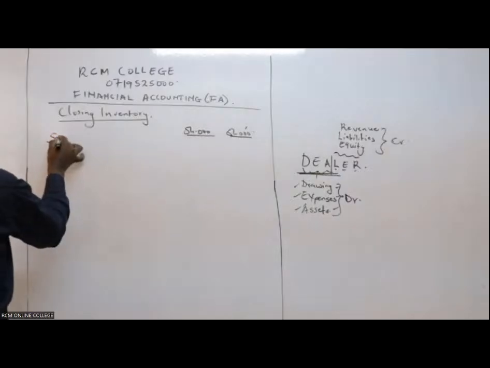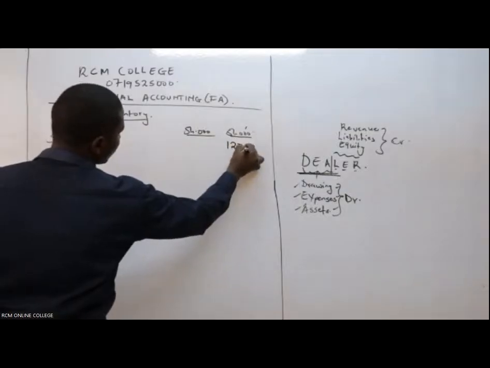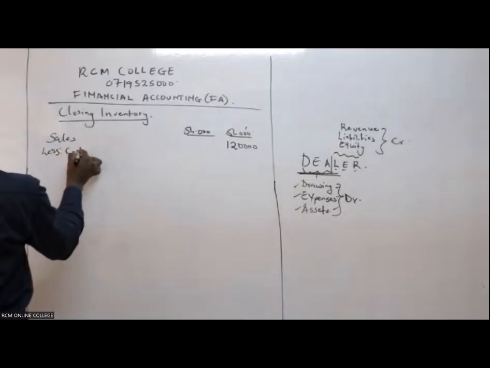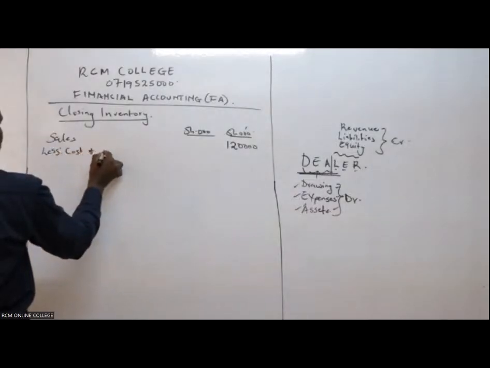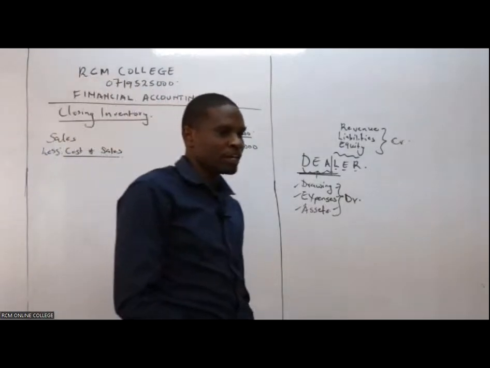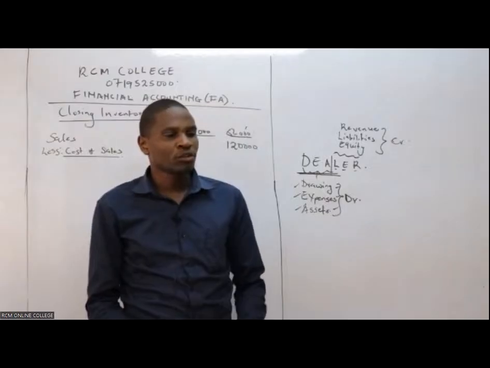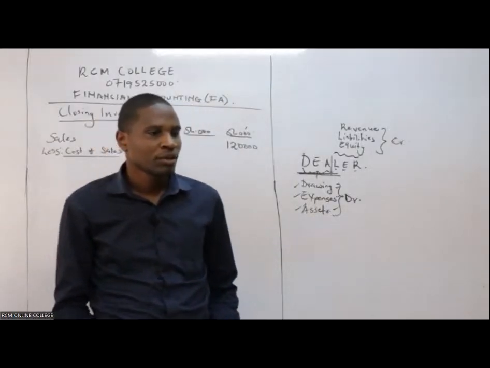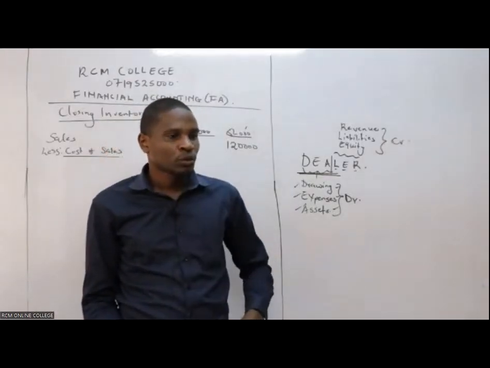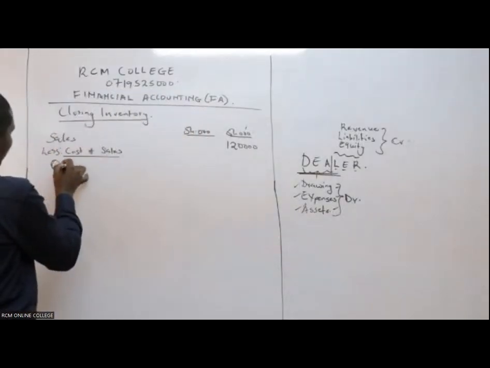So we start with the sales, and our sales here, somebody gave us 120,000. In fact, that is our sales. We less cost of sale. And if I look at what we have, can you give me the component of cost of sale? Somebody to give me the component of cost of sale. Francis, component of cost of sale. Just give me one. We say opening inventory. I can start with the opening inventory.